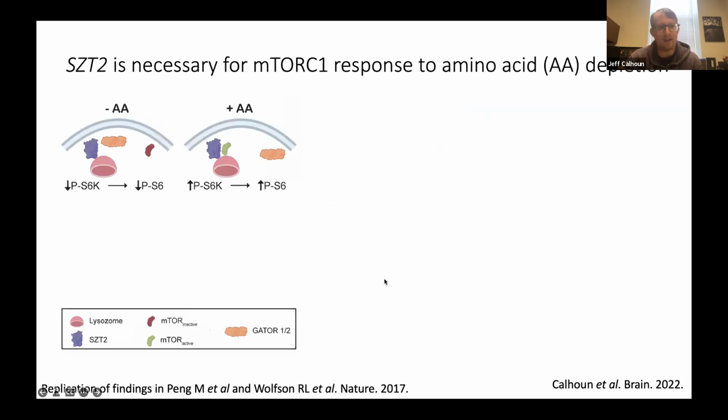So I want to give a little bit of a cellular model for how SZT2 does regulate mTOR activity. And this is based on back-to-back publications in Nature in 2017, which was our first indication of what SZT2 did. So it turns out that it's specifically involved in amino acid sensing, which is a particular arm of the mTOR pathway. And so a really simplified version of this would be, in the absence of amino acids, SZT2 is this purple scaffolding molecule,